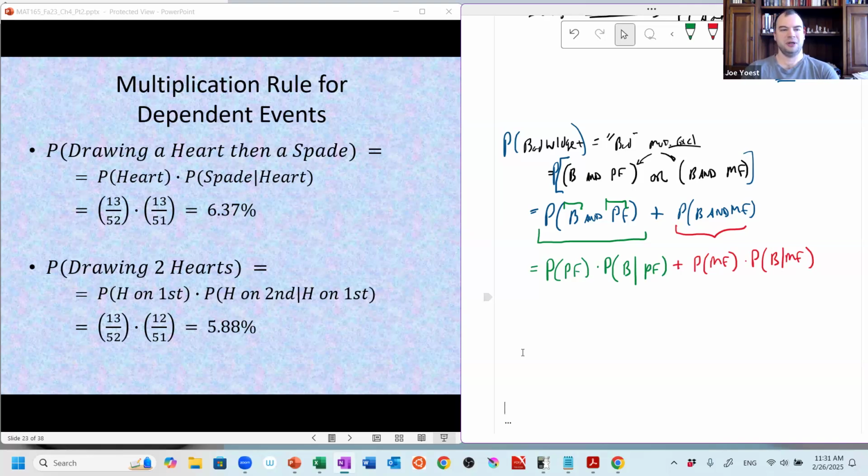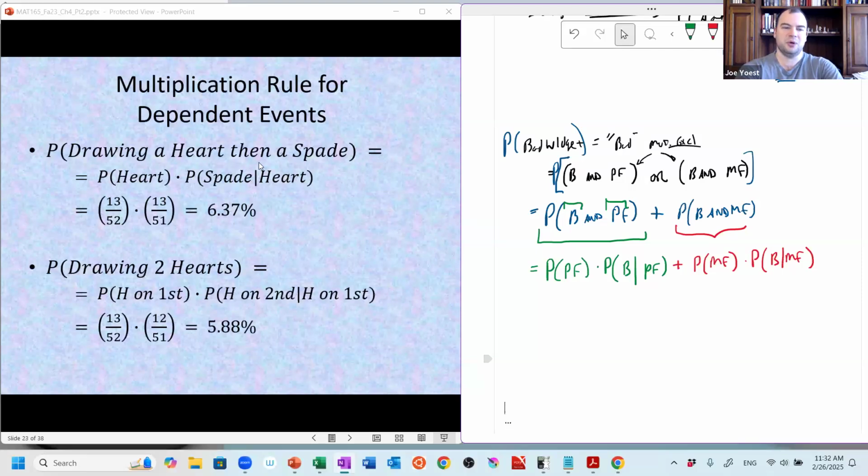If my first card is something other than a heart, I'm immediately not in the event, regardless of what the second card is. Or if I draw the first card and it's a heart, and I draw the second card and it's anything other than a spade, I'm also not in the event. So what's the probability I draw a heart, then a spade. In other words, heart on the first draw and spade on the second draw.